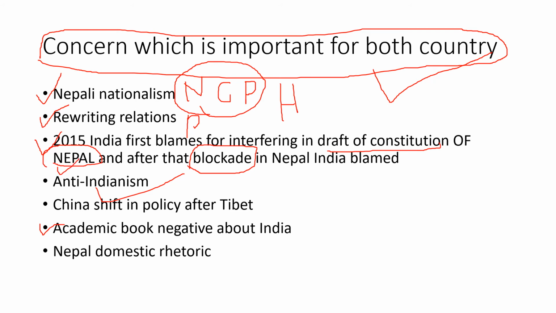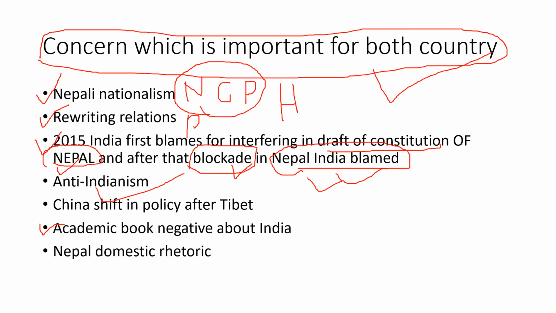And the second thing, the blockade. As you can see here, Nepal and India, when the 2015 blockade was there, they also claimed that India was actually supporting it. But that is not the actual relation that has been happening over there. The people disagree with their thoughts and the boundary which has been created over there.